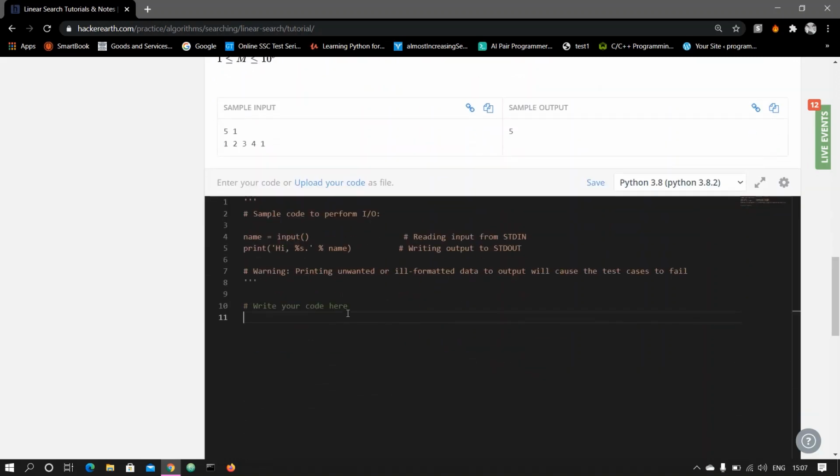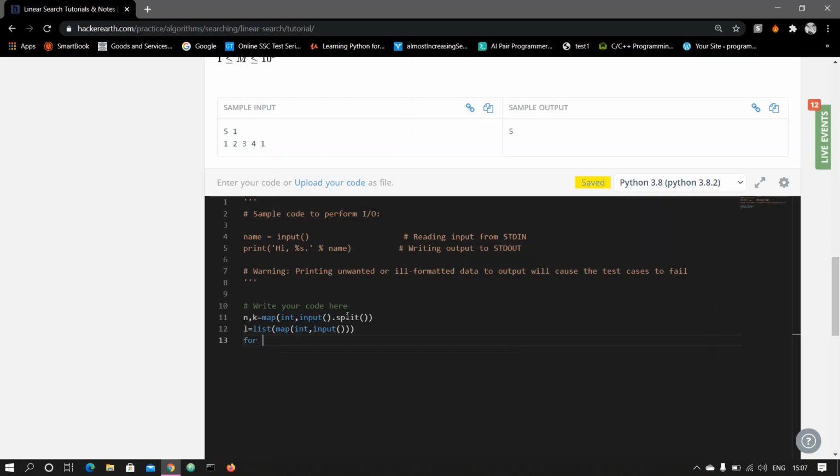So let's write the code in Python 3.8. The first line consists of n and key. So I have written n, key = map(int, input().split()), and now we will take a list of elements, l = list(map(int, input().split())), and then we will iterate over the list.